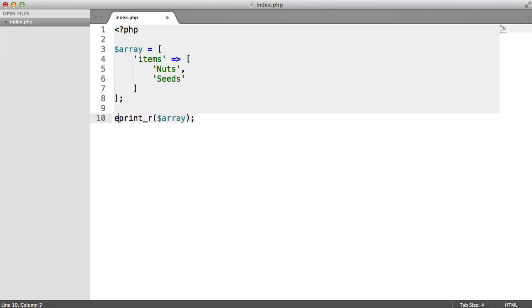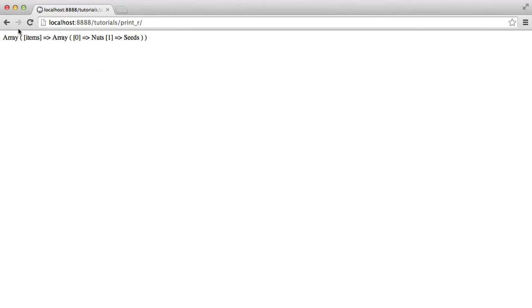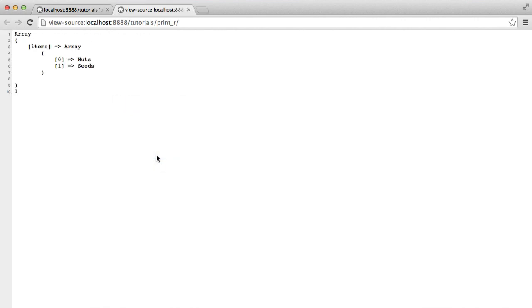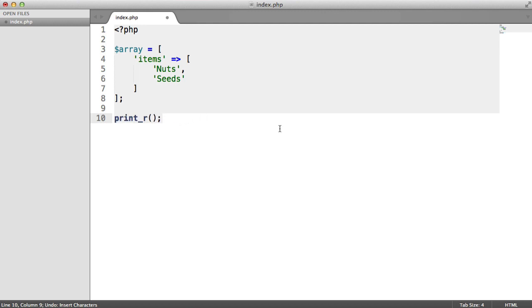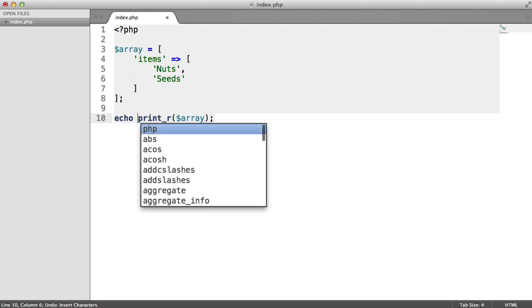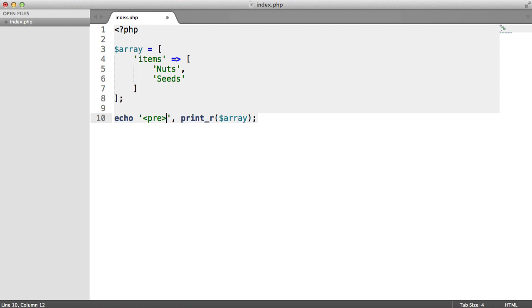So what we can actually do is add pre tags at the front and the end. Now, what pre tags are, let's just remove them for now. You'll actually see that on this page, this is just being output like this, but if we were to view the page source, you can see that the formatting is already there. What pre tags do is preserve the normal formatting for you. So if we do add these pre tags here,